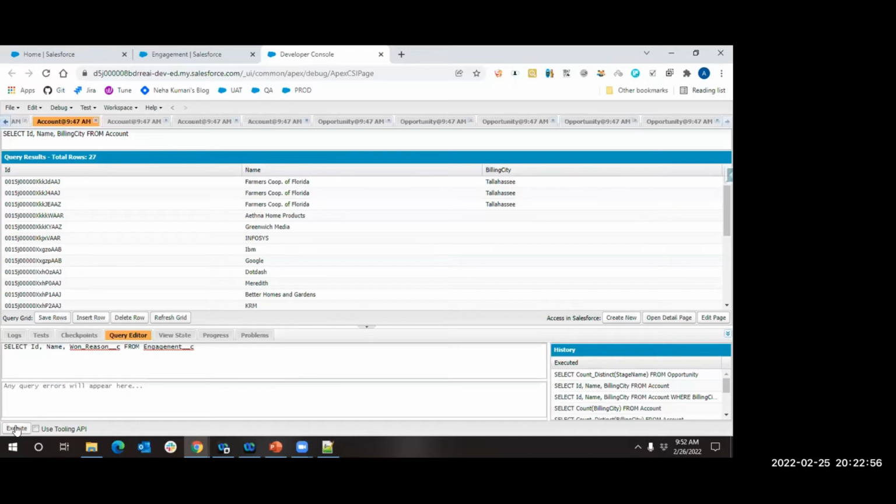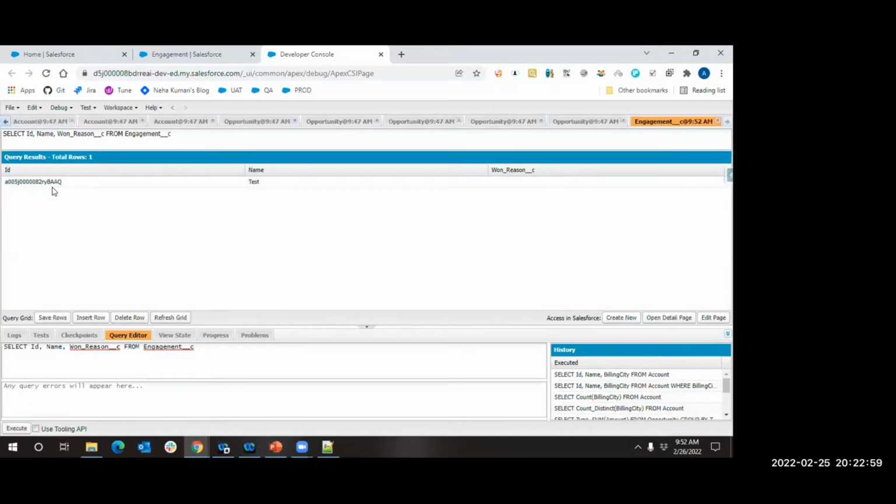So let me click on the execute button. And if you see, there is currently only one record in my system for this specific object, due to which only one row came up. And as you see, I am querying for ID, name, and one reason, and so these three columns came up. If I want to add one more field, what I will be doing is putting a comma over here,